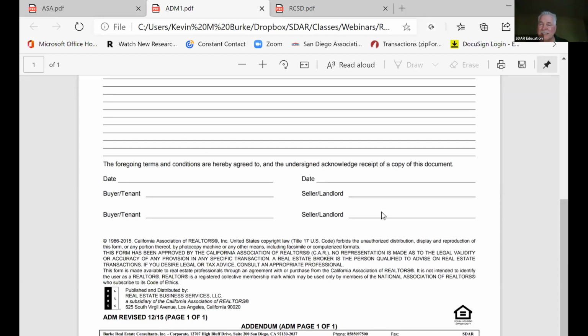And this form was designed specifically to exclude us as agents. And here's the problem that I see. A lot of times I see agents crossing off buyer and tenant, putting their name. They made an agreement with the seller to amend the contract. You need to use a different form than this, folks, modification of terms. So make sure you're using the right form for the right things. This is the proper form to change the contract between the parties. This is not the form to be filled out by the escrow company.